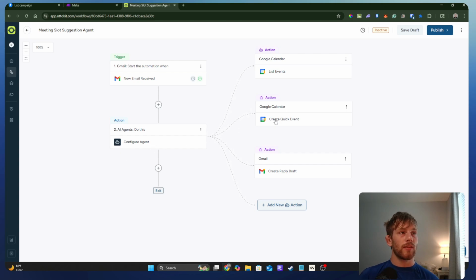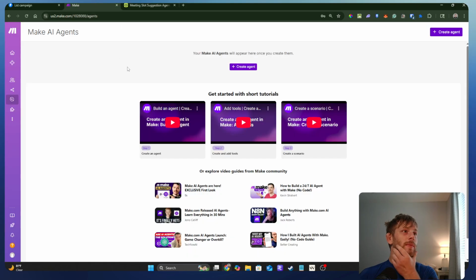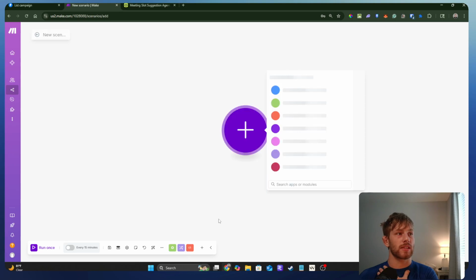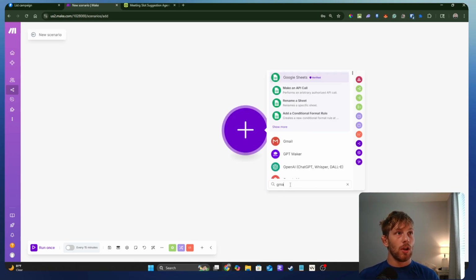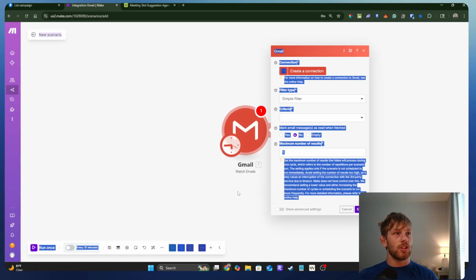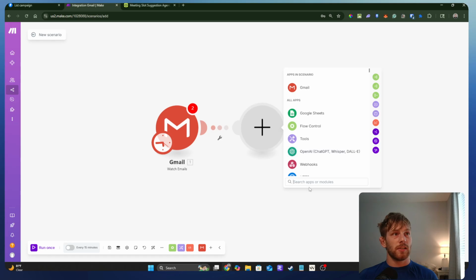And then if they reply back and they agree, then you can go through and use this because it will register that, hey, I'm going to go ahead and put that event together, which is super cool because what you'd have to do in something like Make as an alternative, if you're thinking of this linearly, you would go, okay, Gmail comes in, watch a Gmail, make sure the criteria is good,